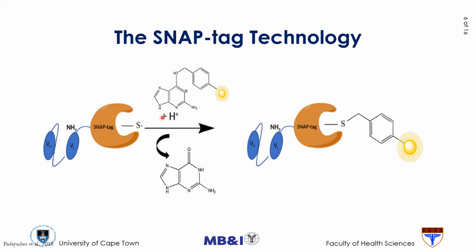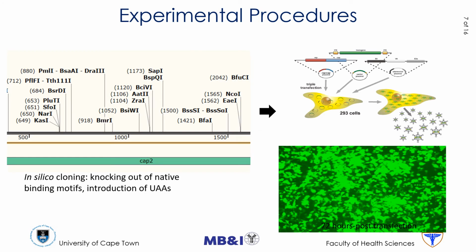A little look at the SNAP-tag technology: as I said earlier, it is a human-based protein which forms a covalent coupling with benzyl guanine. Once it has reacted, the guanine moiety is dropped for the labeling with any benzyl guanine modified substrate. It could be a cytotoxic payload, a diagnostic fluorophore or a reporter protein, resulting in a 1:1 stoichiometry. So a combination of these two leads to a very high product yield. That is by way of introduction.